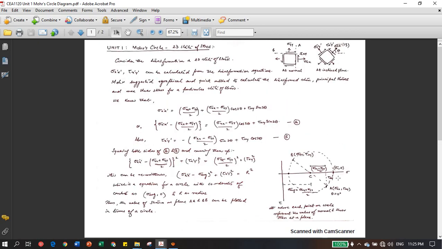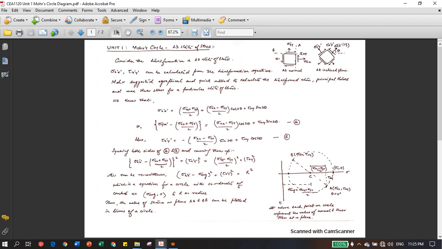Okay, so let's suppose this is our normal state of stress, and this is at some inclined plane, or at some transformed angle. This is angle theta. So these are the stresses. What we have done is, we have already calculated the equations in terms of theta, the normal, meaning original sigma x, sigma y at the normal state of stress, and this is the theta. Okay, so what you have to do is rearrange the terms, and after rearranging,